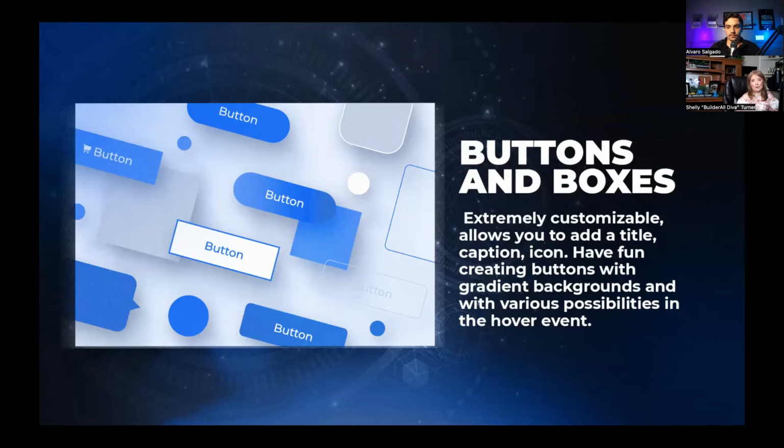So whatever your design is for your website, whatever branding you've chosen, you can customize these buttons and boxes to whatever your heart's desire. And you've got a lot of neat features where with the buttons, you can actually create hover effects. With the boxes and the buttons, you can do the rounded corners on each one, and gradients and all kinds of neat stuff. So lots of ability to really get those buttons and boxes the exact way you want them.